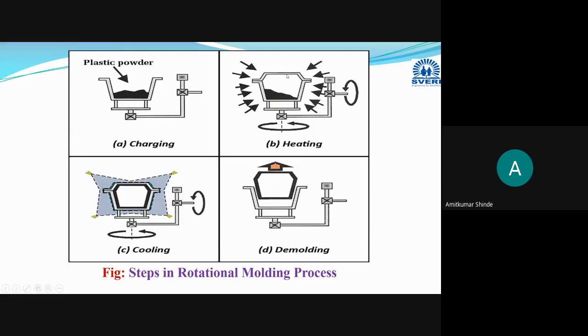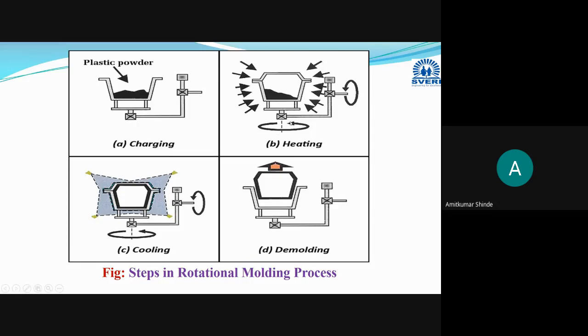Okay, it will get thrown at the corners due to the continuous biaxial rotation. Due to the heating, this powder will soften, and due to this rotation it will be thrown at the corners. Through each corner it will get thrown and attached to the mold wall. Whichever wall of that cavity is there, it will get attached to it due to the heating and continuous rotation. Due to heating it will become soft, and due to rotation it will get thrown at the wall of the cavity and get attached to it.